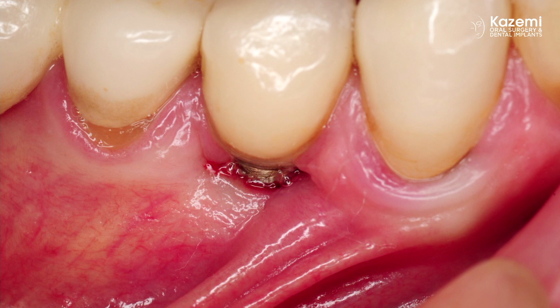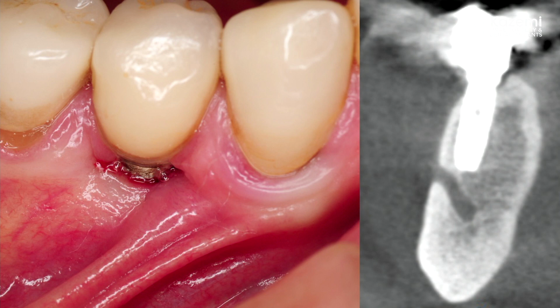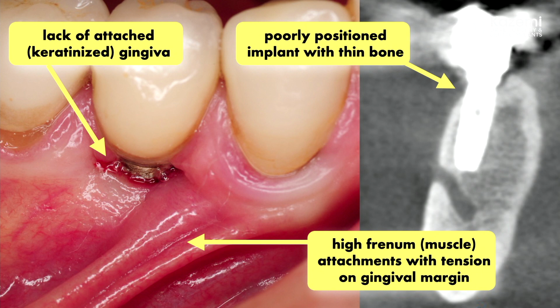He was complaining of constant discomfort, and although it wasn't visible when he smiled, he was quite concerned about how it looked. And here we can see the gum recession with the exposure of the implant and the abutment and quite a bit of inflammation around it. And when we look at the cone beam CT scan from a cross-sectional view of this implant, it appears that the implant was quite poorly positioned,